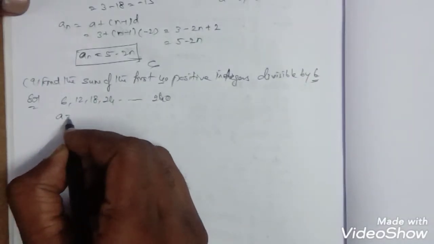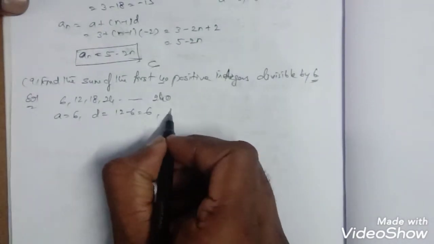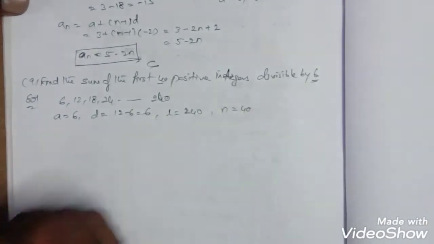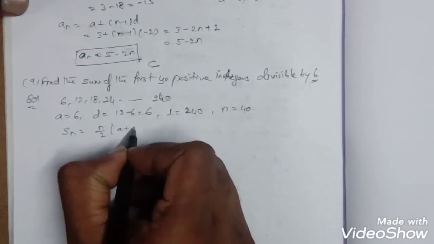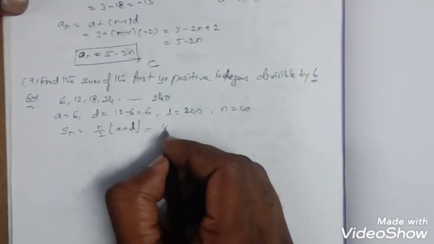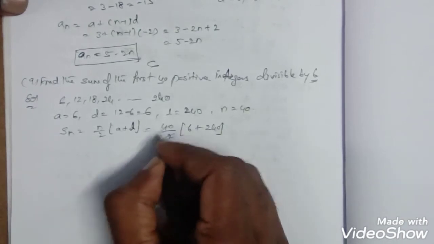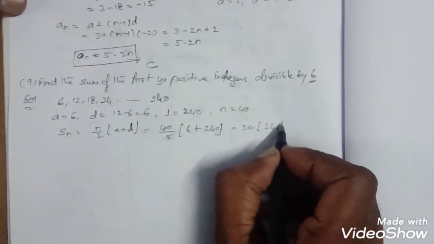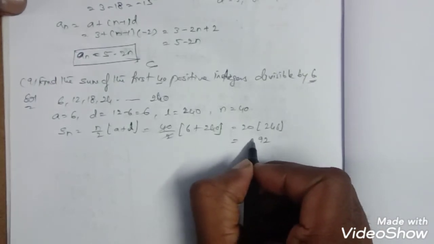So here a value is 6, d is nothing but 12 minus 6, which is 6, and your last term is given as 240, and n is nothing but 40. So as per your formula, Sn is equal to n by 2 into a plus l. Here the last term is already given, that's why I have taken l. Now in the place of n I am substituting 40 by 2 into a value 6 plus 240. Now you can cancel this, you will get 20 into 6 plus 240, which is 246. Now multiply this: 2 6s are 12, 2 4s are 8, 9, 2 4s are 8, 2 2s are 4, means